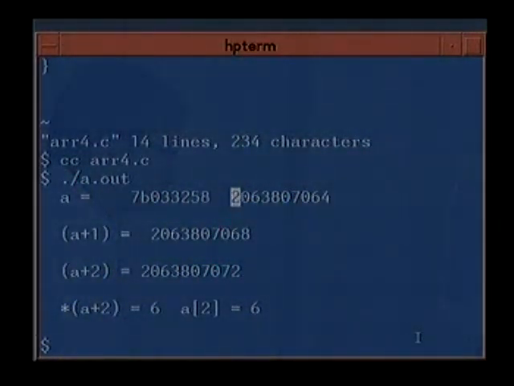Its equivalent decimal value is 206380706. A[1] is at 2, I've just printed the unsigned integer value here, 206380706. So 4 bytes are stored for an integer. This is 72, and then the content of A plus 2 is 6, which we assigned.